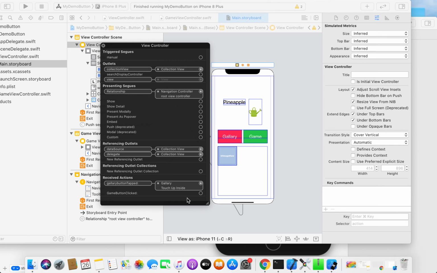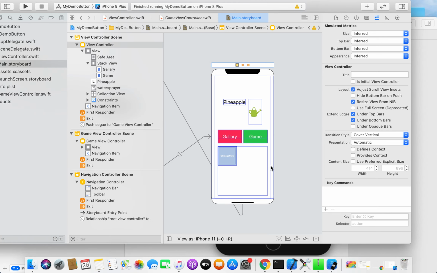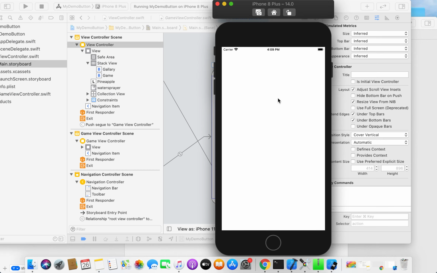I have deleted this IBAction method from here, and now I will just run my app. I will show you how to do this programmatically also, but let me show you this using the storyboard. When you run your code, click on the game and you can see the game view controller file has been called. You can add a back button over here, and on the click of the back button you can again move to a previous view controller, or you can